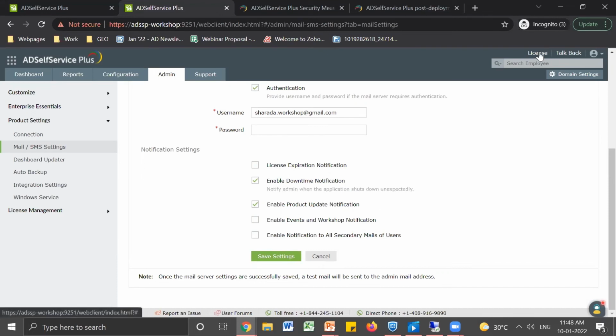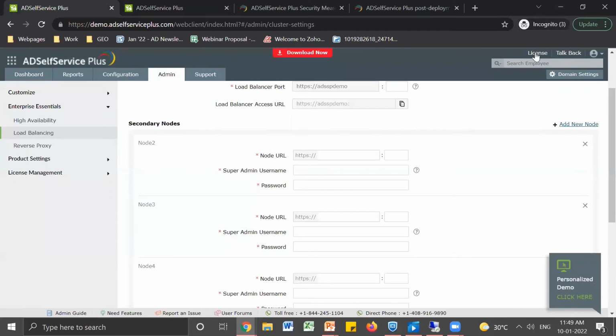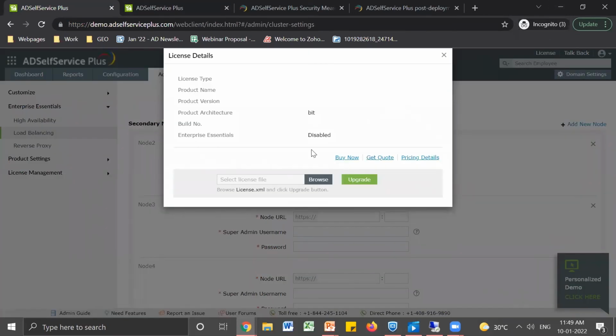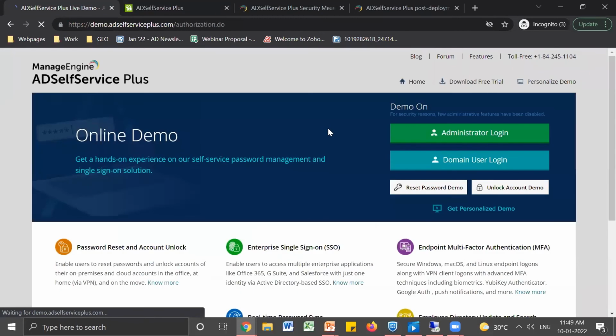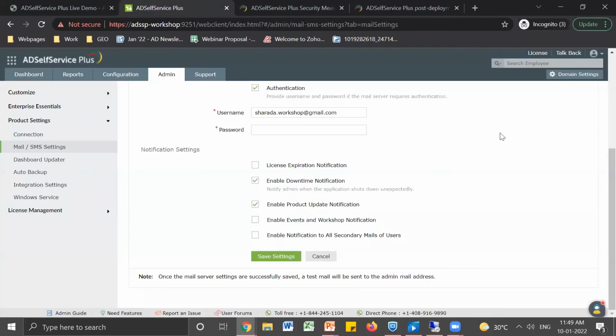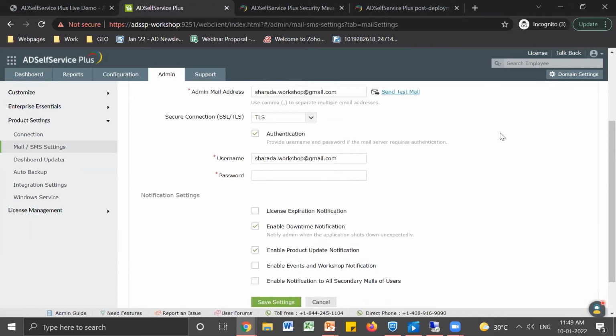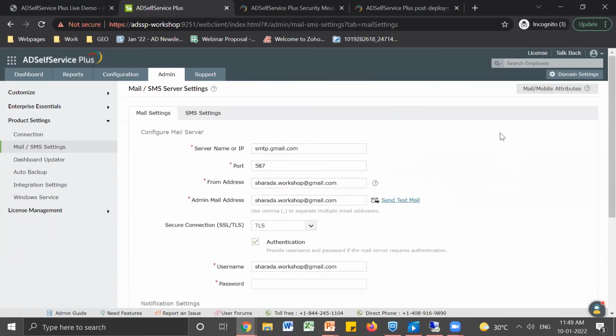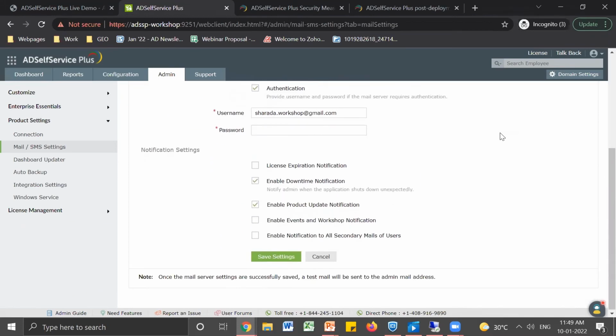Once again, when you click on the licensing option right here, or in any ADSelfService Plus infrastructure that you're working with, you will be able to see the build number displayed. All right. Make sure that your build is up to date. Once again, extremely important given the current cybersecurity situation or posture that we are in. Attacks, malware, ransomware are doing the rounds and it's crazy. So I would highly recommend you to upgrade your build periodically, and for which you can simply choose to enable